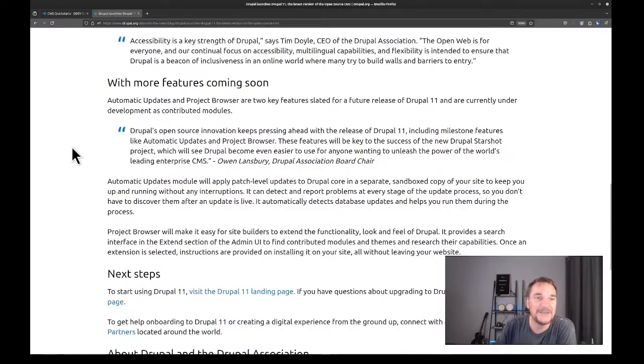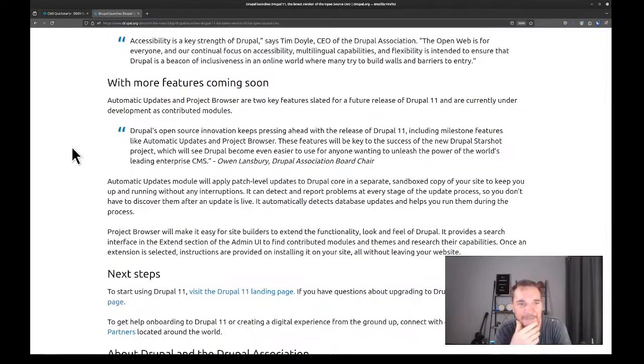Like who? Okay. With more features coming soon. All right, so these aren't out yet. Automatic updates and project browser. Okay, now that I think that's talking to my question about